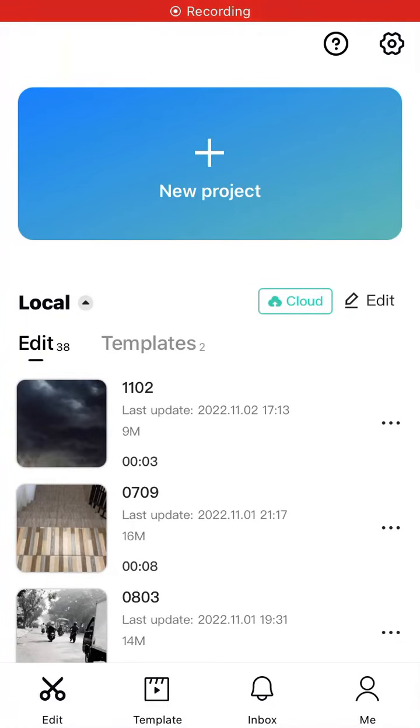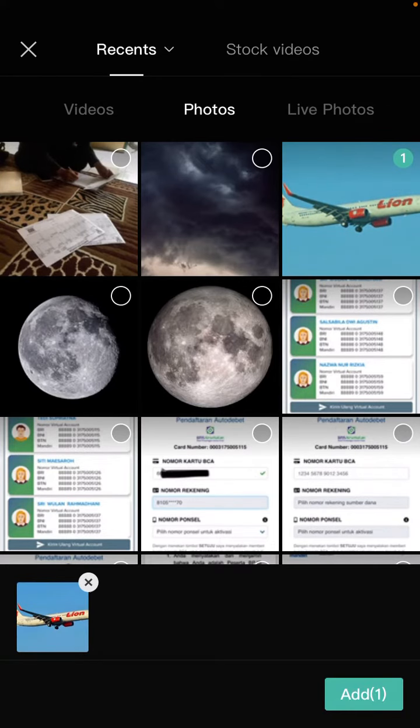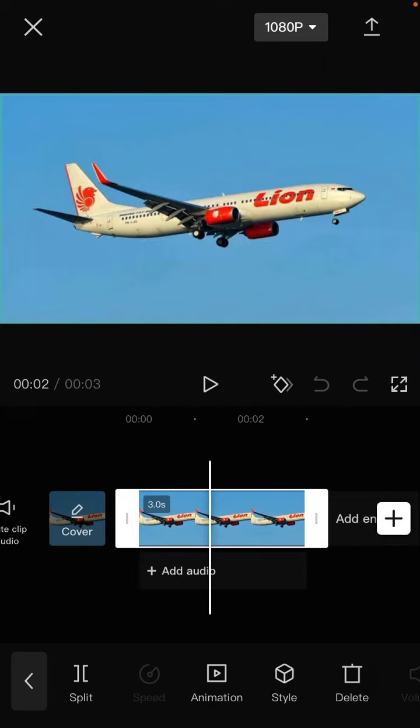Hello everyone, in this video I'm going to show you how to make a moving image in CapCut. So for example, click new project and then click one photo. I choose this photo to add and then click the clip and copy